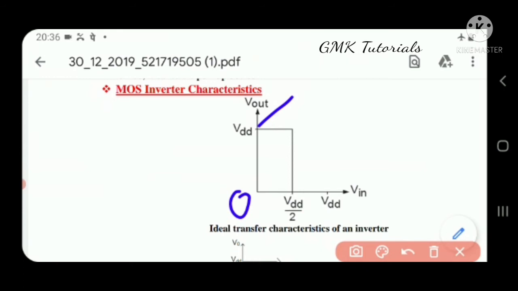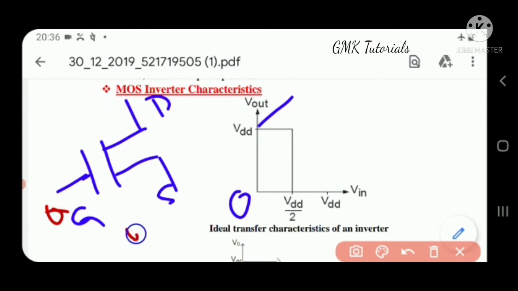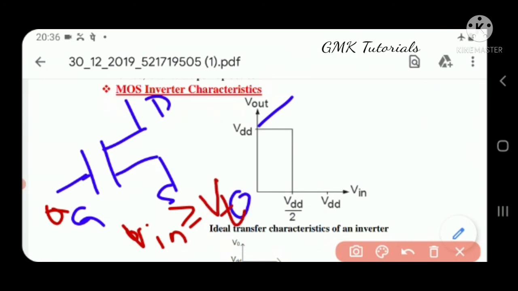So this is the most important question for every student or maybe every learner, because whenever a MOS transistor, it may be an NMOS or PMOS transistor, is operated, it works with the corresponding threshold voltages. So whenever the input value Vi is greater than or equal to the threshold voltage of the transistor, up to that mark it produces the maximum voltage.